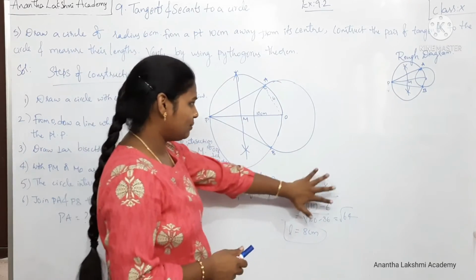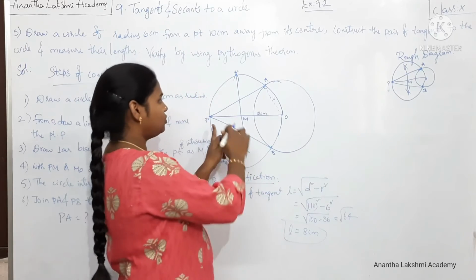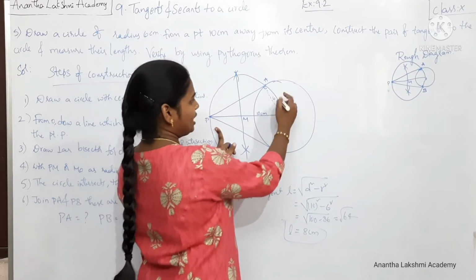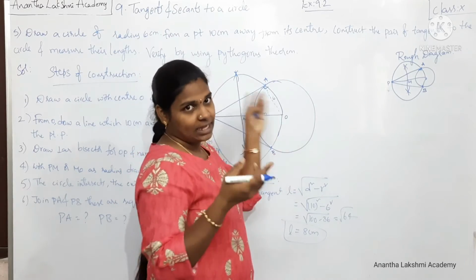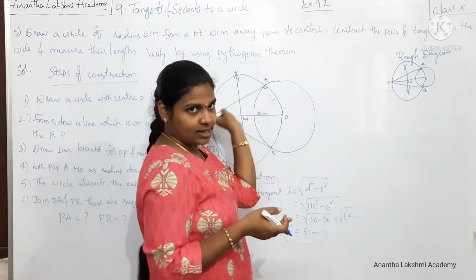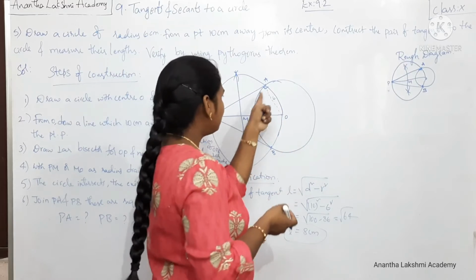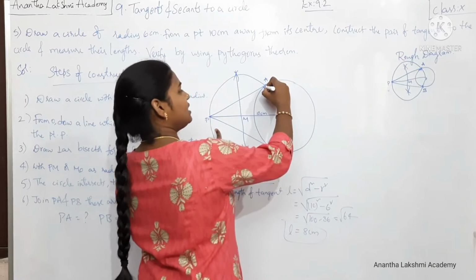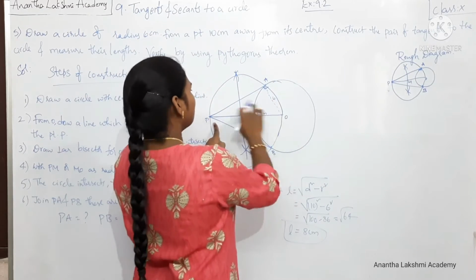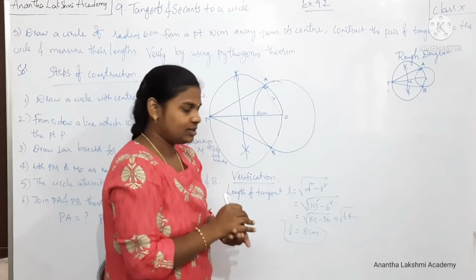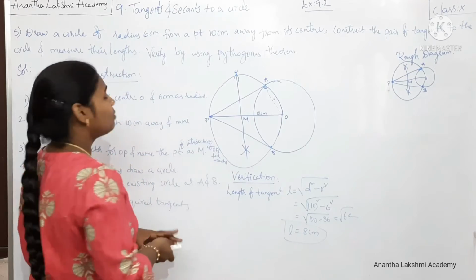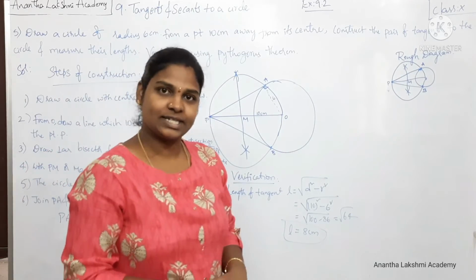Or if you don't remember this formula, you can just do it this way. Join OA, that becomes the radius, and we know that the angle between the point of contact, the tangent and the radius is 90 degrees. So that way this becomes a right angle triangle, wherein one side you don't know. Using Pythagoras theorem also you can find it. Alright. So that is about problem number 5. Let's look at the next problem.